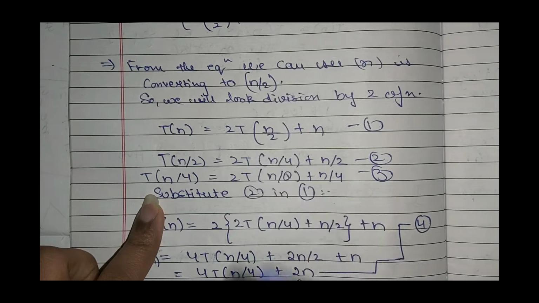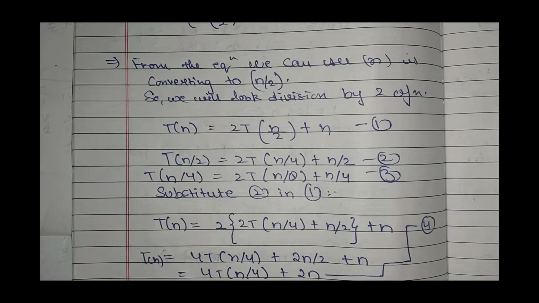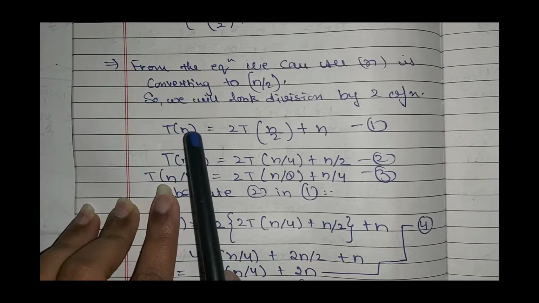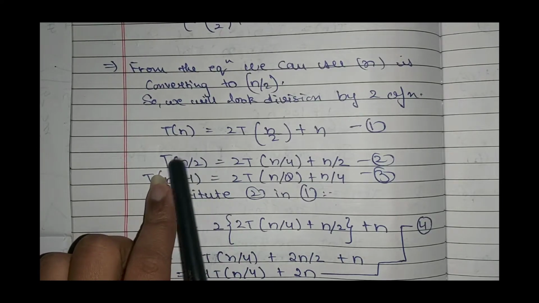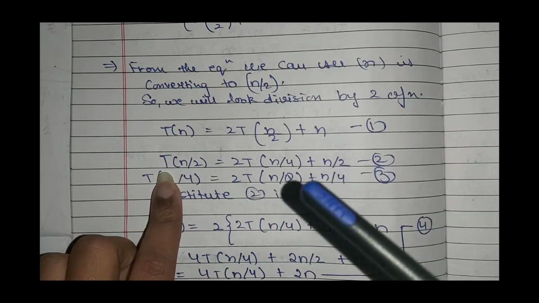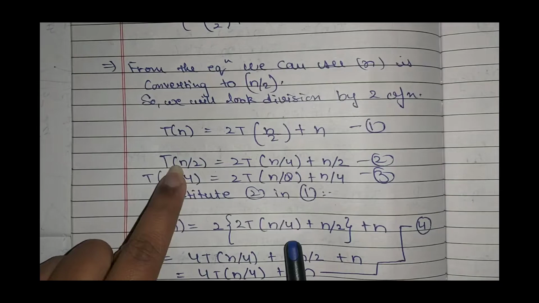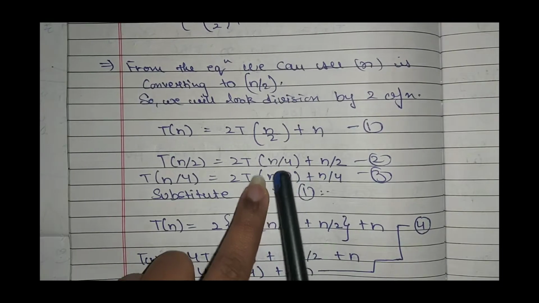Now as it is a substitution method, we have to take out 2-3 equations from the given question and then find the relation between them, and then we have to substitute one equation into the other, right? That's the concept of the substitution method. So now we have to do the same process, where n is converting to n by 2. Now we have to again put n equal to n by 2, so if I write n equal to n by 2 in n divided by 2, we'll get n by 2 by 2, that is n by 4, right? 2T similar, n by 4, and here n by 8.